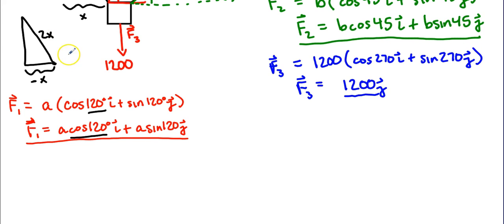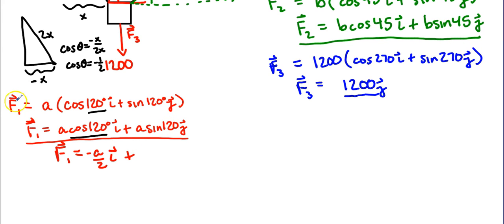So if we're going to simplify this cosine of 120, we know that it has to be negative x. We're going in the negative x direction. The cosine function for this particular thing is going to relate the adjacent side to the hypotenuse. And if you simplify that, it's negative x over 2x. The cosine function of this particular angle is going to be negative 1/2. All right. So for this particular thing, we know that we can simplify this force vector by saying, hey, we know some stuff about 30-60-90 triangles, so I know that this is going to simplify to negative a over 2 i,